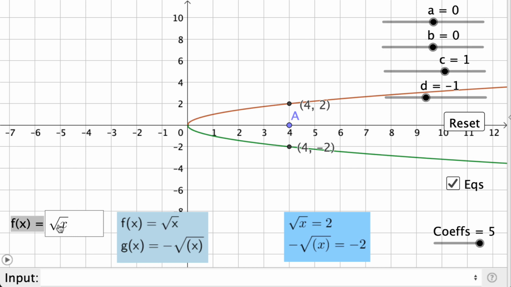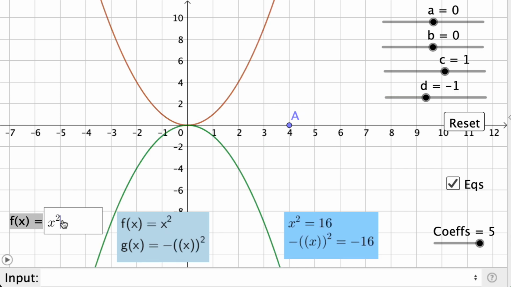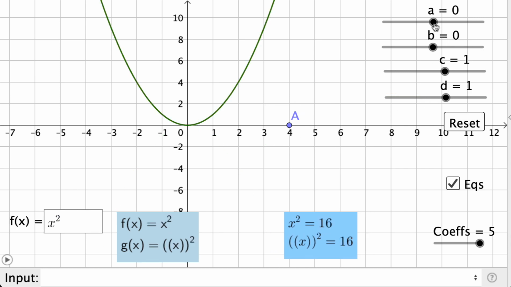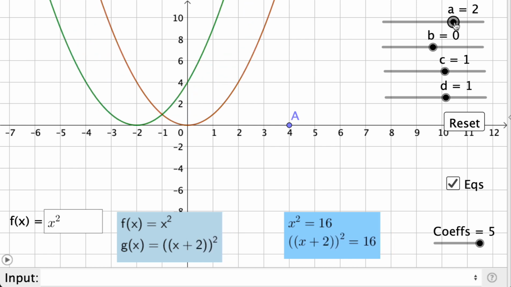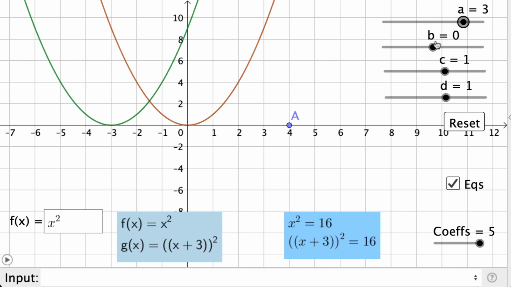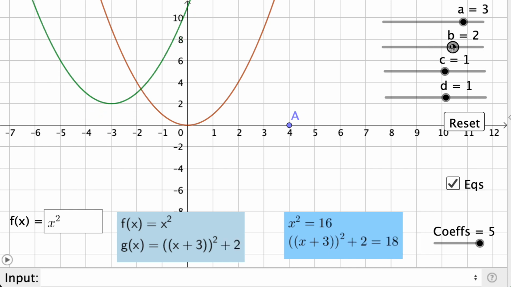So let's go back to our x squared, and let's look at what happens when we slide 3 units to the left, and we slide 2 units up. Notice that if our original point was at (0, 0), the vertex of f of x, just x squared, our new vertex is at (-3, 2). Because we have (x + 3) squared, which slides it to the left 3 units, plus 2, which slides it